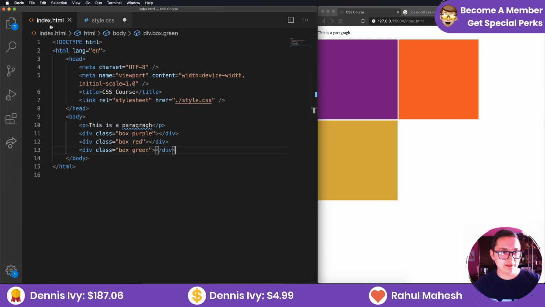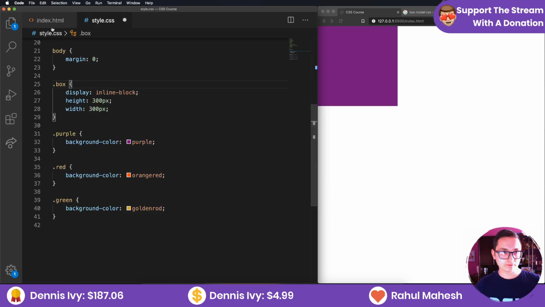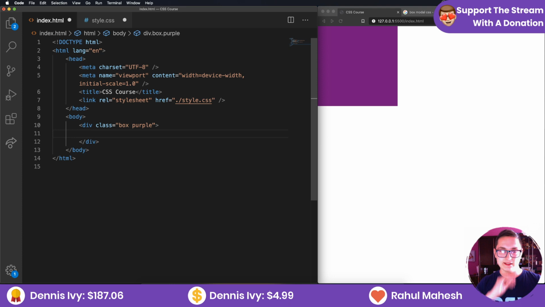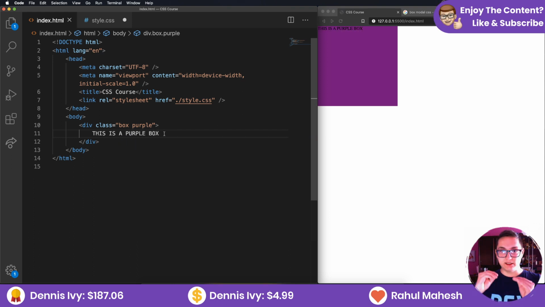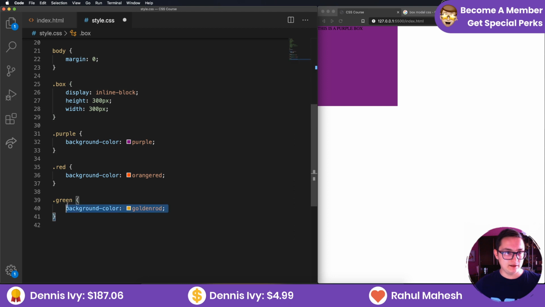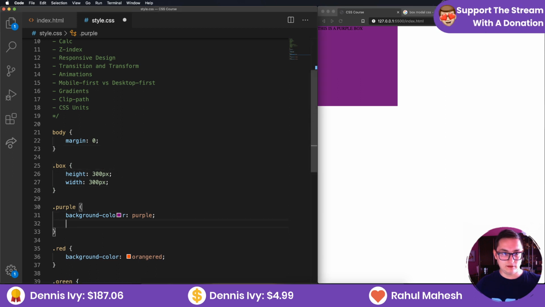So let's remove the two boxes. Remove the paragraph. We're only going to keep the purple box, and inside it we need some text saying this is a purple box. Now the text inside the box, keep in mind that it's the content of the div. We have the box, you can see that it has the text there. Let's make it color